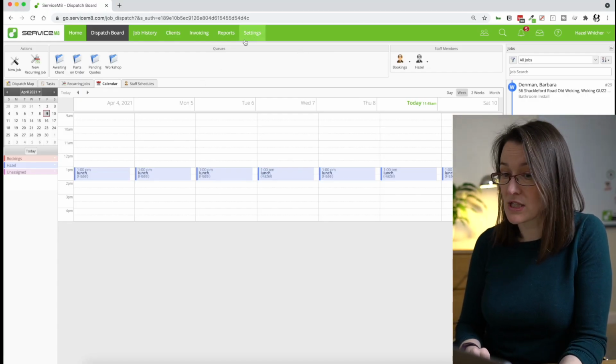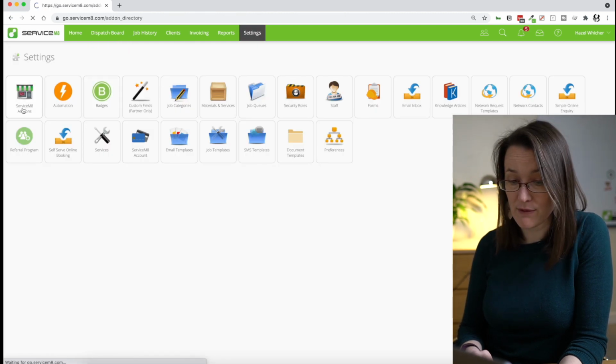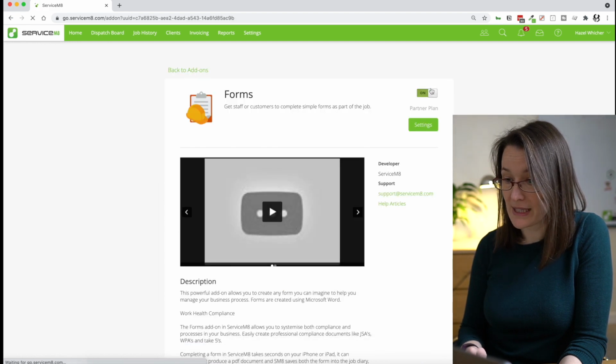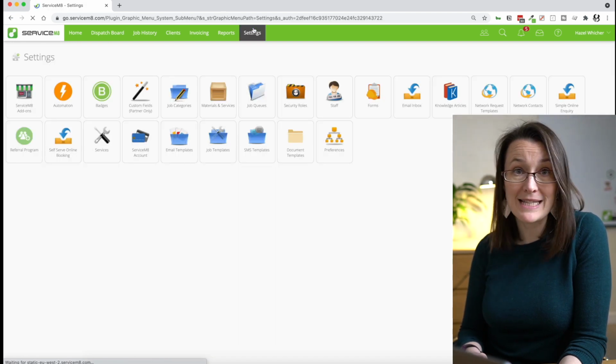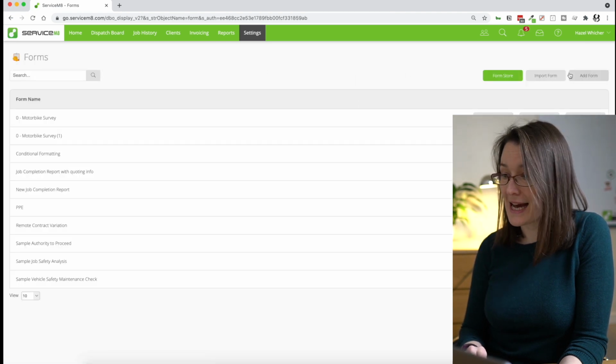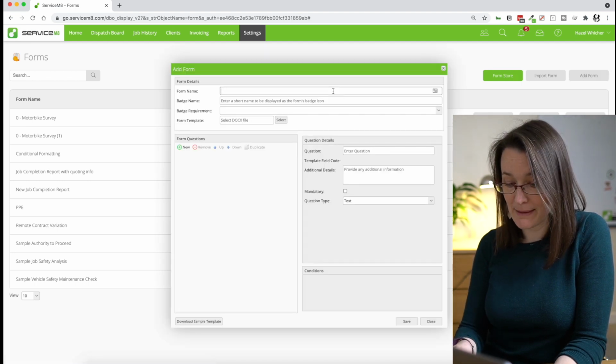I'm on the dispatch board now, and the first thing you want to do is make sure you have the Forms add-on switched on. So we do, and we can see that that's on. So we'll go back to settings and head over to Forms, and we're just going to hit Add Form. Give the form a name,